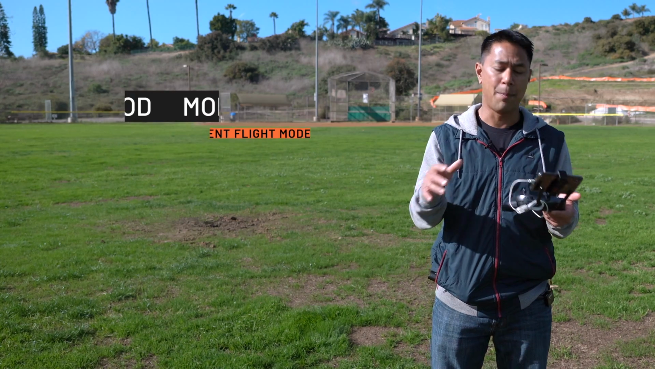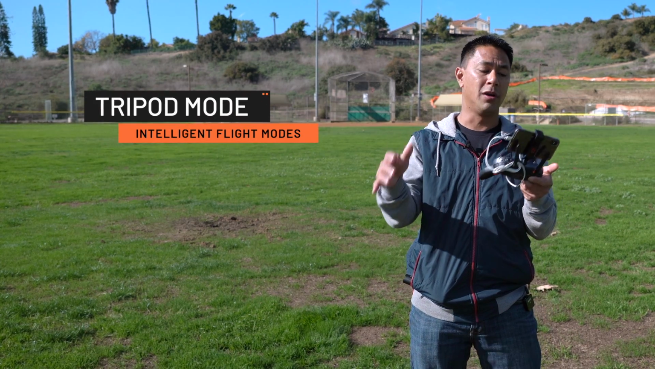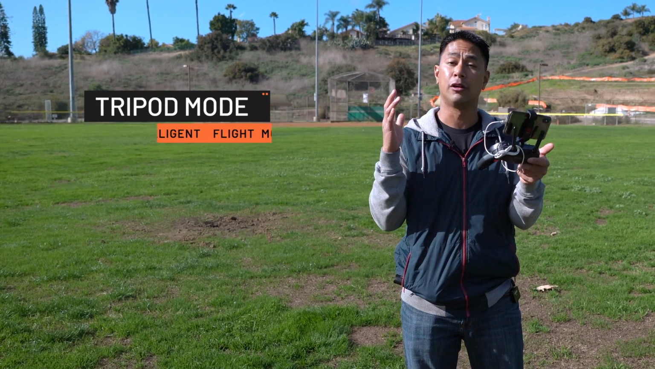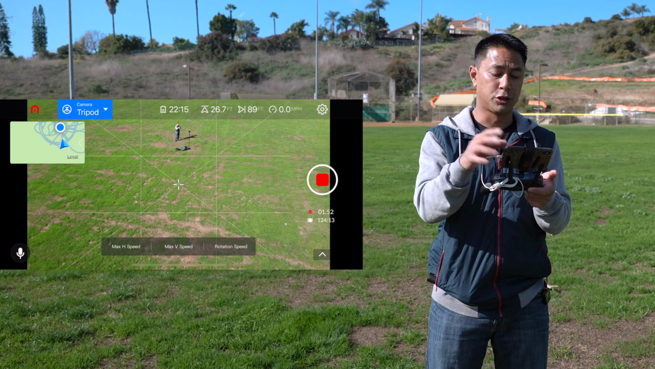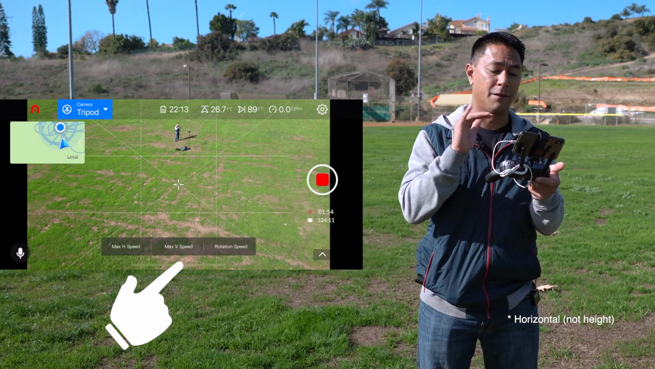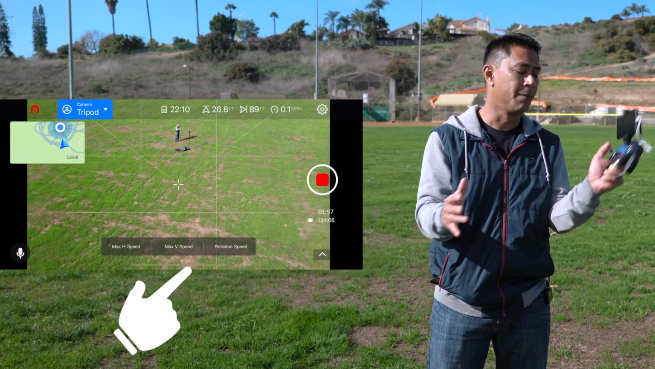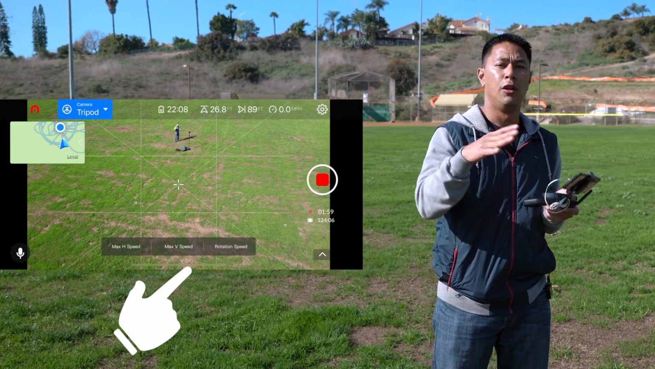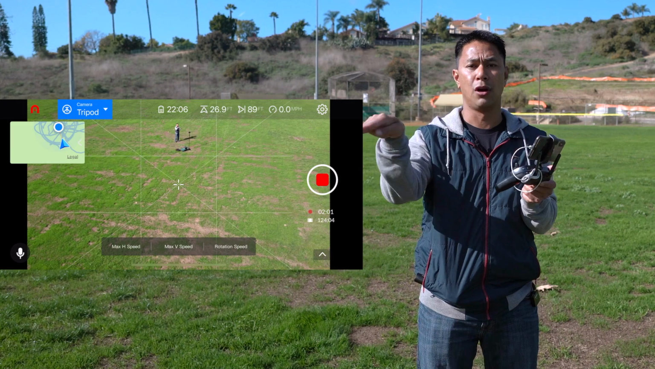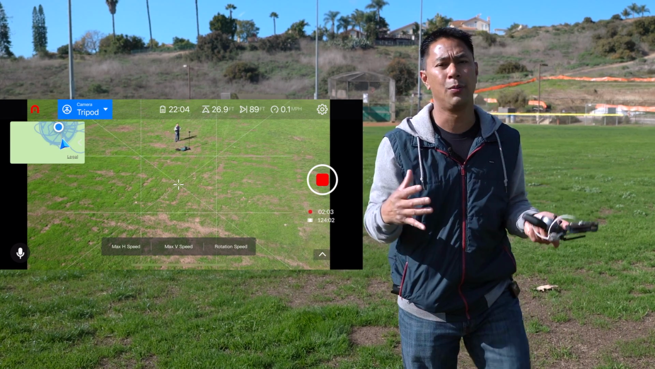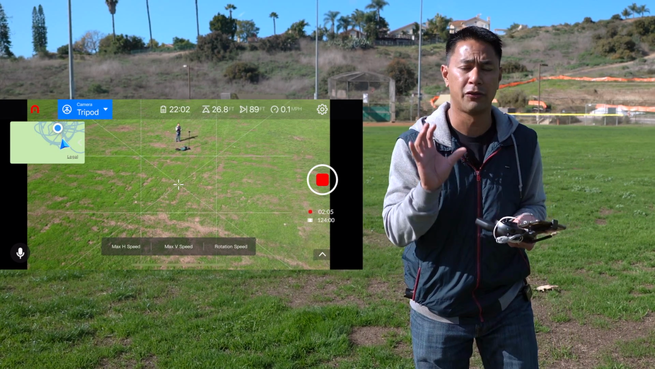Next one we have here is tripod, and this is one of the main ones you're gonna want to use, mainly because you're able to now control the speed of your drone. You can control the height and the vertical speed as well as the rotation. So if you're using that left stick to turn, you can adjust now how fast or slow that turn is going to happen. And you really want to do that in order for you to get really, really smooth movements